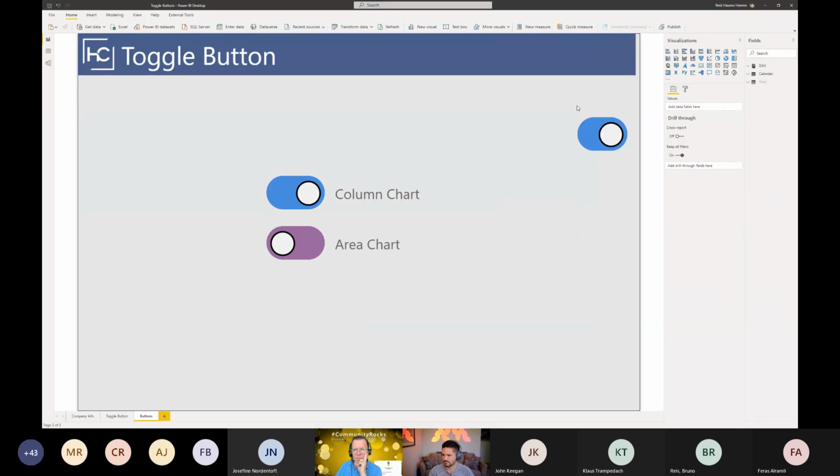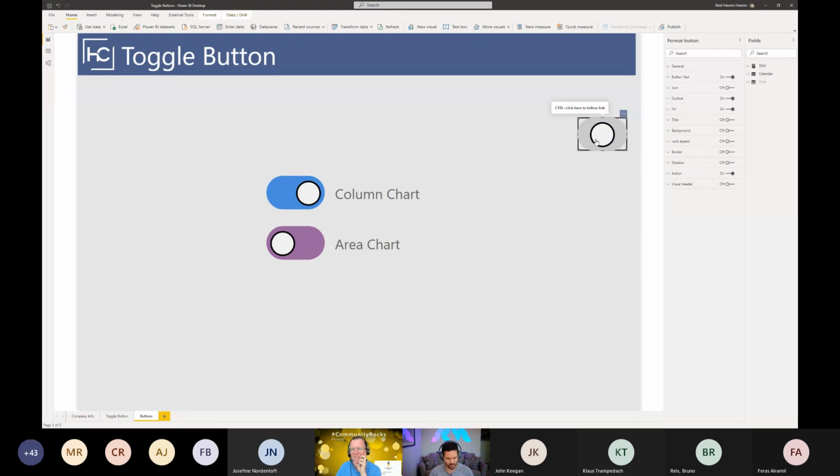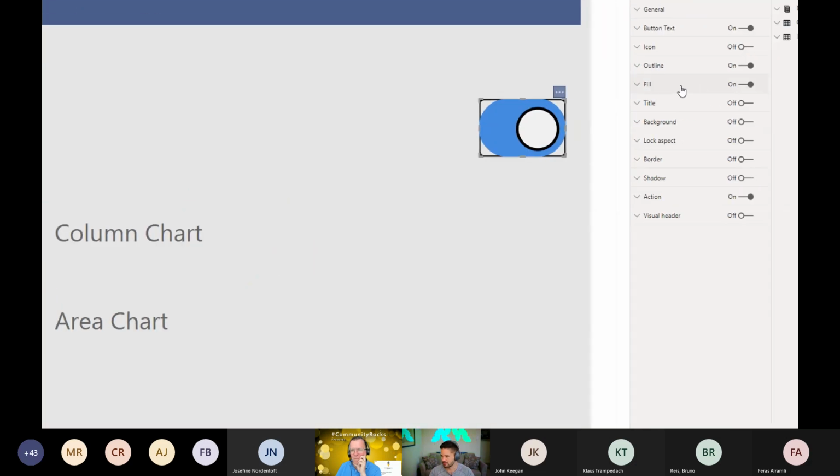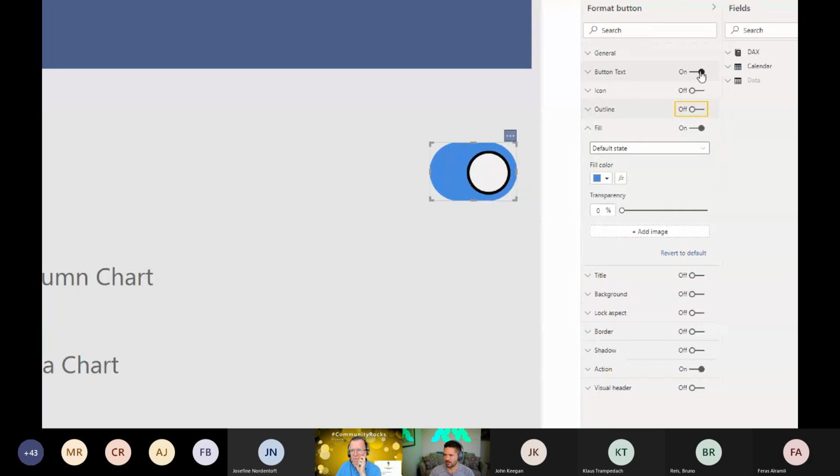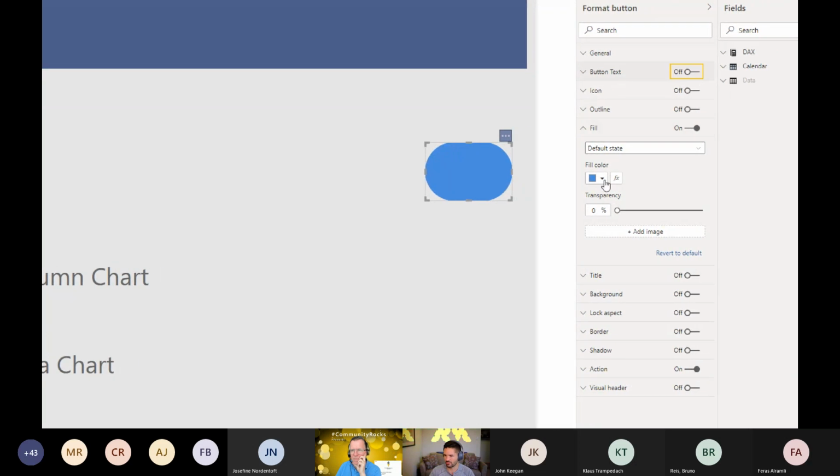No questions. Okay. Pretty cool trick. I was very happy when I figured out how to make this without needing to use custom images that I have to import. And when I say that, by the way, you have an option in your fill to add an image. It basically just means that the background of the button becomes that. So if you remove all of your other formatting, remove the text, remove the colors, just completely make that empty, you can then add an image.